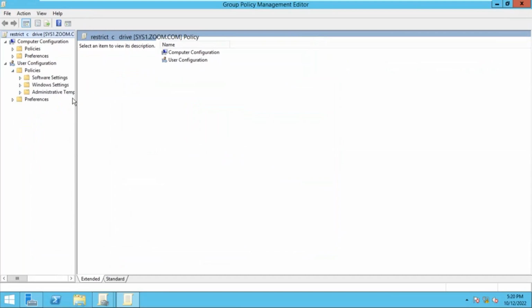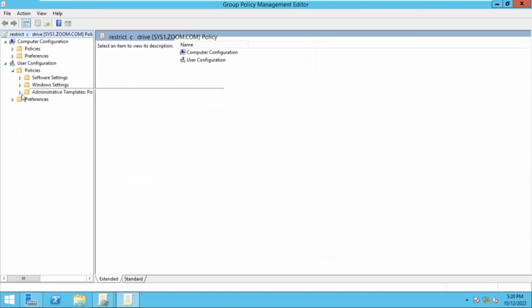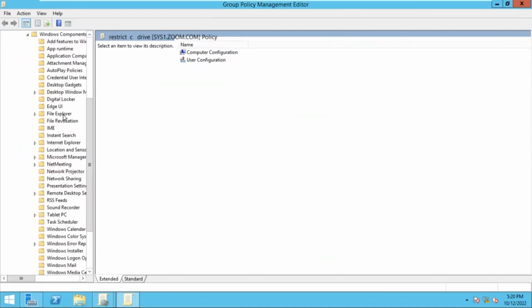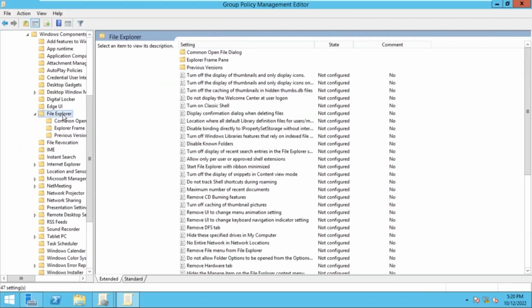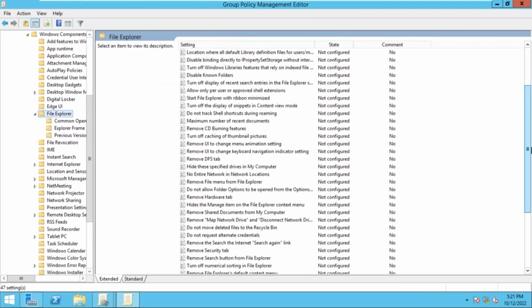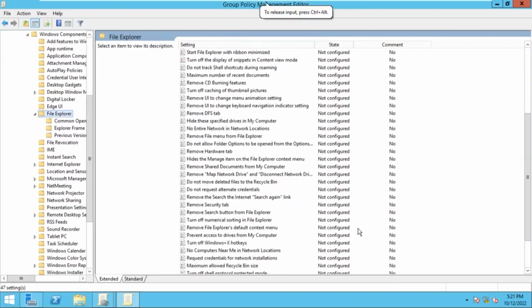Policies, Administrative Templates, then go to Windows Components and expand it. After expanding Windows Components, go to File Explorer. First expand Administrative Templates, go to Windows Components, then File Explorer, double click here. Now slowly come down, and you can find somewhere at the bottom,